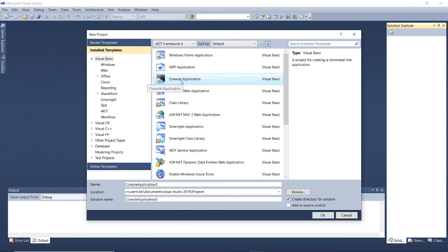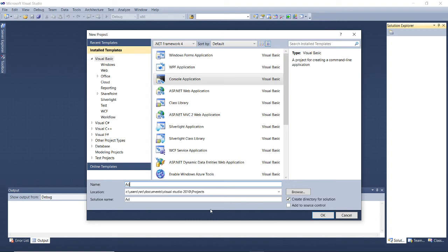In our syllabus we are going to see two types of applications: one is console application and the second is Windows application. Initially we will start with console application. Click on console application and give your program name. Suppose I want to write a program for addition of two numbers.